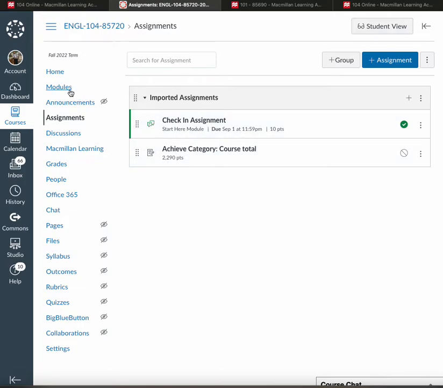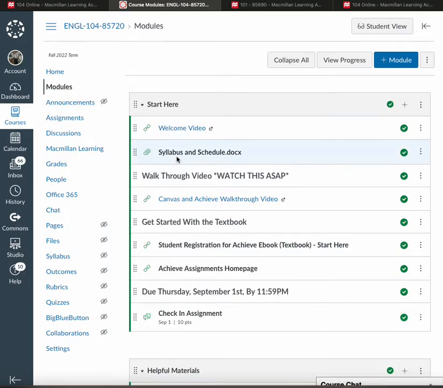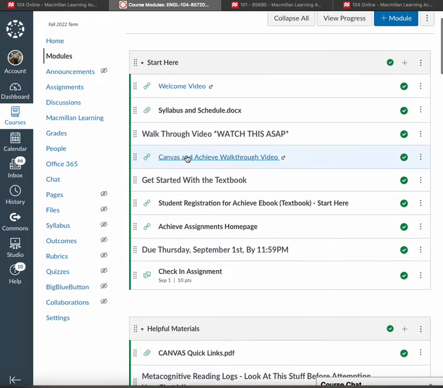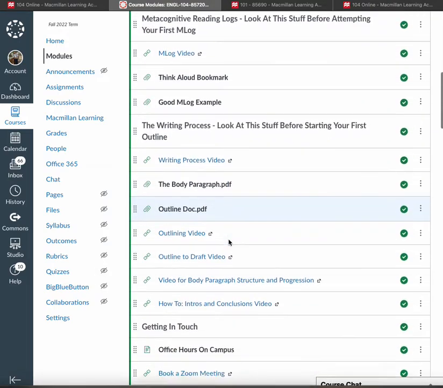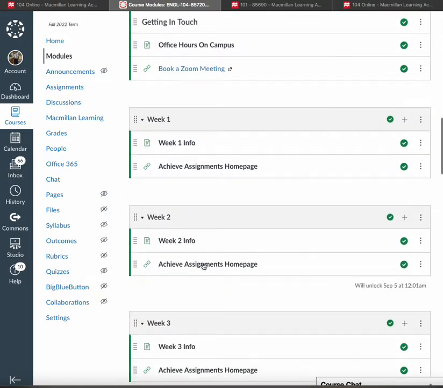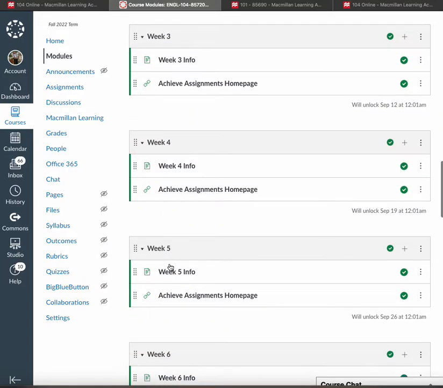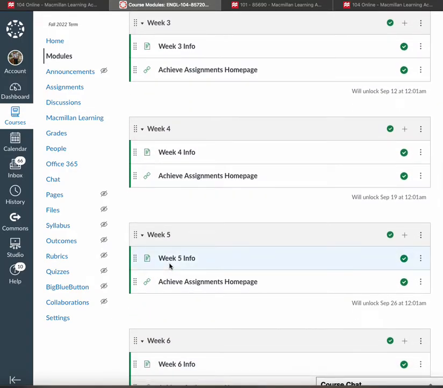Most of the assignments are in the textbook. If you click on modules, that's what shows you all of the materials that I have for you, all the information, the weekly info, all that good stuff. So just as a tip, if you're ever using the Canvas app, please click on modules, not any of the other options.